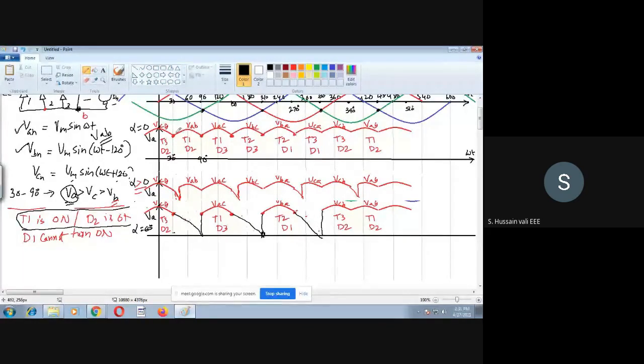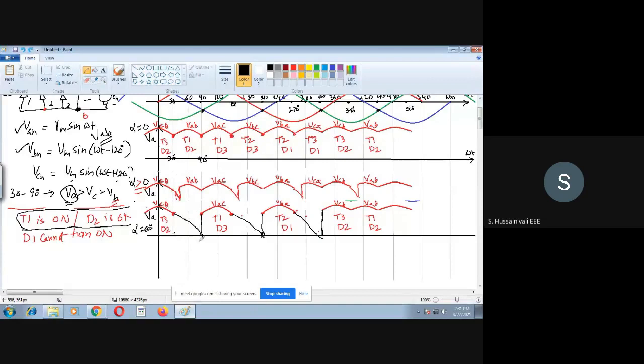See here, earlier when alpha is 0, there is no delay. But when you increase alpha, this graph slowly comes down. That is what you'll understand. So now when this value is 60, this delay will be 60. So this graph will come for 60 degrees, in the sense from 30 to 60.